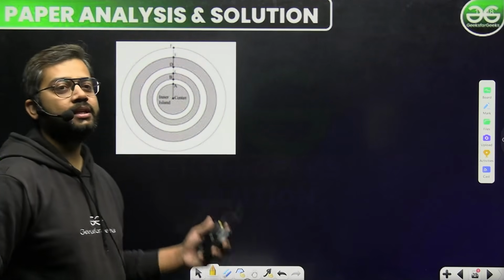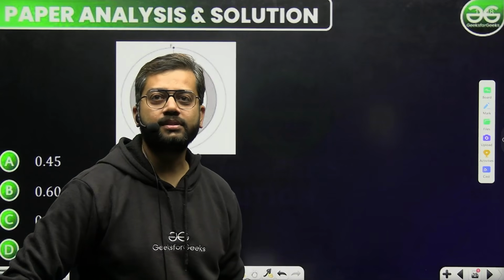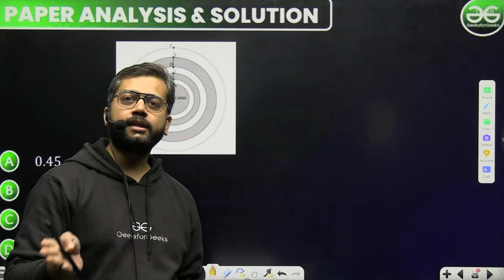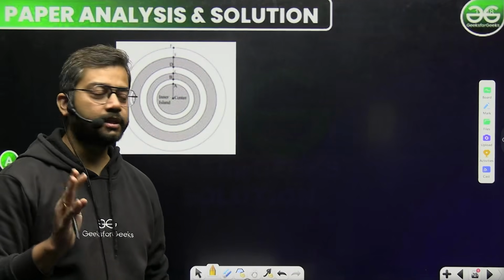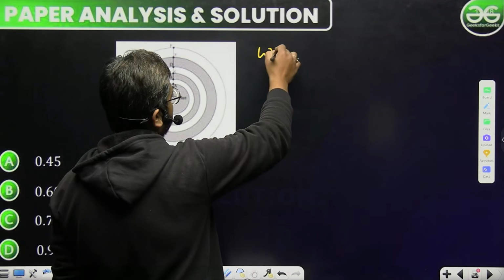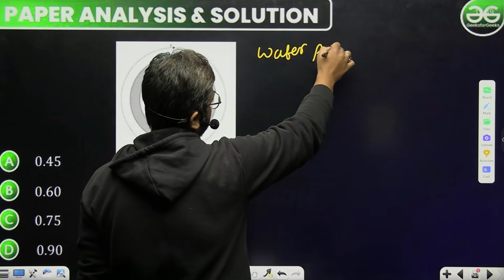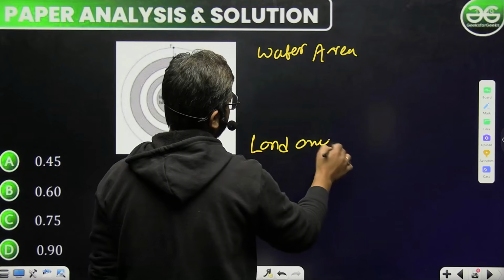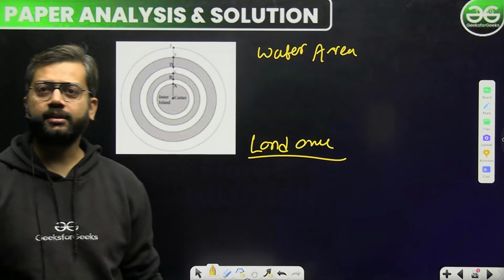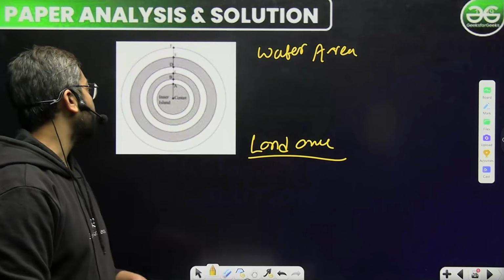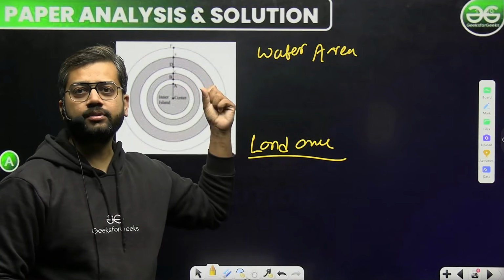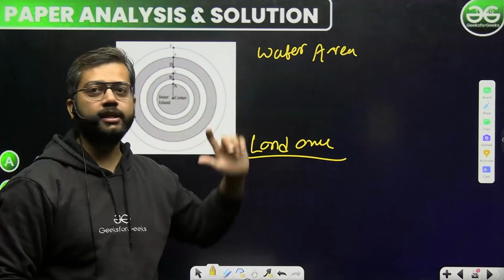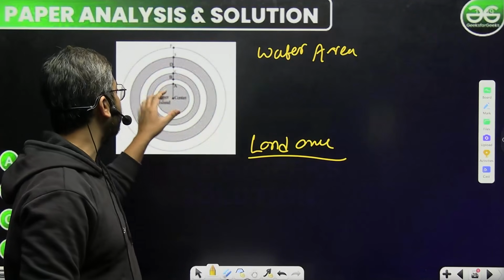सो इनर आइलैंड जो है, अब यहाँ पे देखो सब सर्कल हैं, तो सबका पाई आर स्क्वायर से एरिया निकलेगा। तो निकाल लेते हैं कि लैंड एरिया कितना है, और वाटर एरिया कितना है। इसको मैंने एनालिसिस में भी सॉल्व किया था। अब वाटर एरिया जो है, सबसे पहले ये जो एडजेसेंट सर्कल्स हैं, उनका डिफरेंस होगा। तो सबसे पहले वाटर एरिया के लिए देखते हैं, एडजेसेंट सर्कल में पहले वाले में कितना हो जाएगा।